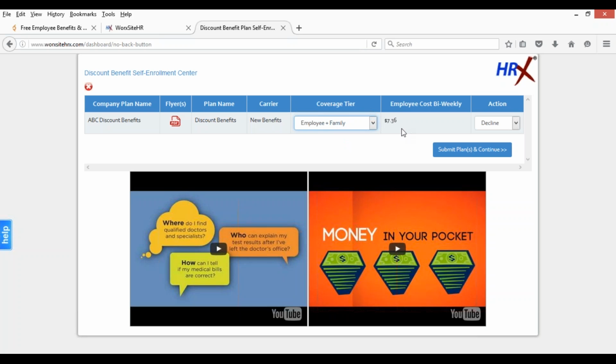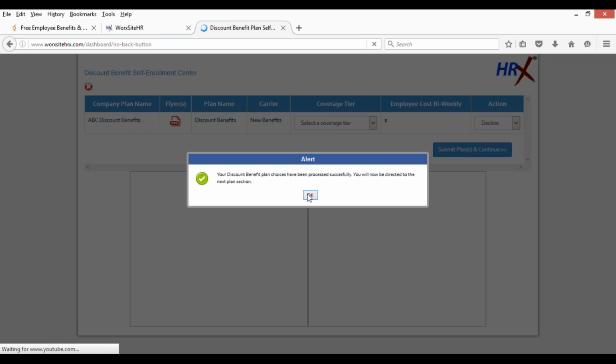Employee plus family, $7.36 biweekly. It's $15.95 a month for your entire family. So think about it. $15.95 per month for your entire family to call a doctor and try to get a diagnosis over the phone. So that's incredible. So anyway, we're going to apply for this, and we'll click Submit, and then that'll take us